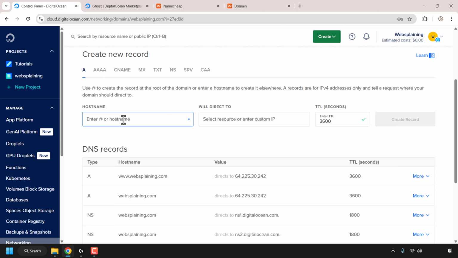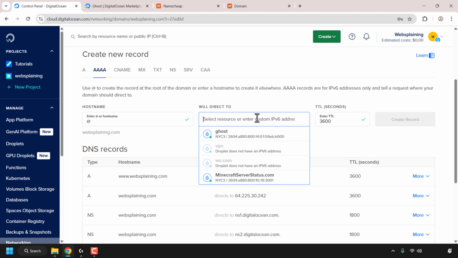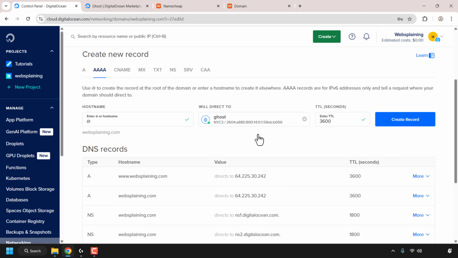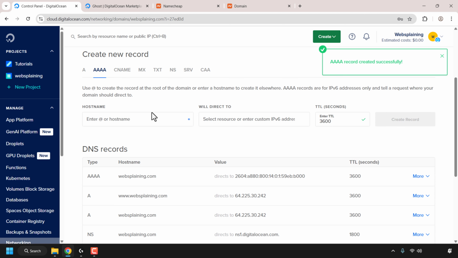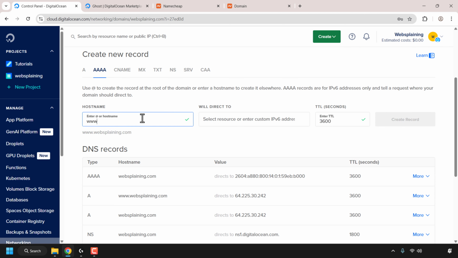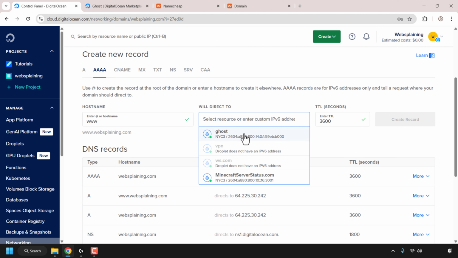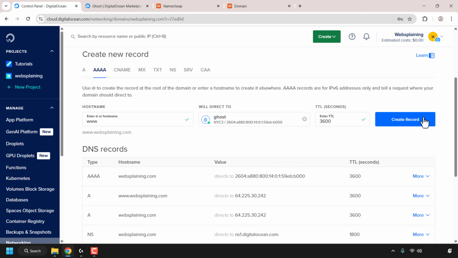record. Next, what we're going to need to do to future-proof our website is to add AAAA records or quadruple A records. To do this, click on the quadruple A record and then repeat what you just did for the A record. However, in this case, you're going to be selecting the IPv6 address of your Ghost droplet. So in here, I'm just going to type @ for websplaining.com, click on the box for will direct to, and then select the IPv6 address, which starts with 2604, and then I'm going to click on create record. And again, do this for www. Click on the will direct to box, and then click on your Ghost droplet IPv6 address, and click on create